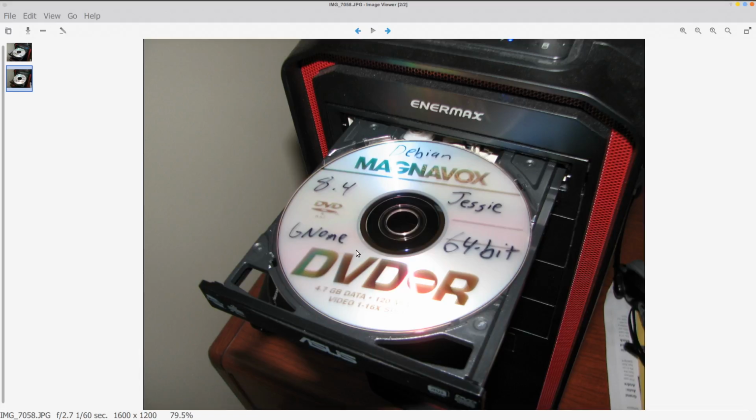Actually I have more choices other than GNOME, but I just put GNOME because I think it's the default in a way, and that's what we're going to go by. And this is 64-bit, so I already wrote all that on there before I even put the blank in. But this is what I do after I burn. I write down what it is, and then I put it aside